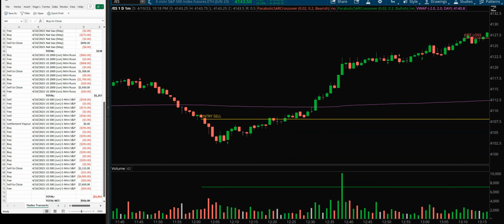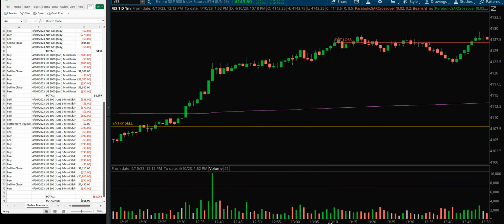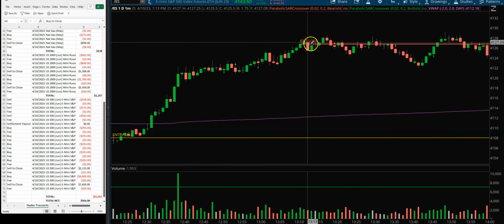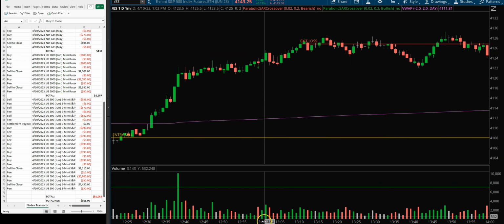I did have a resting stop up here. I still like the shorts, but I did not want to carry it any longer. Finally got out around 13:10. I think the time was 13:10, 13:11. Went ahead and I took my loss on the first ES, and I came back